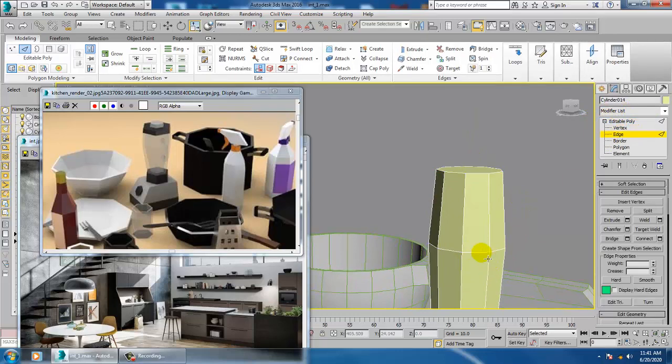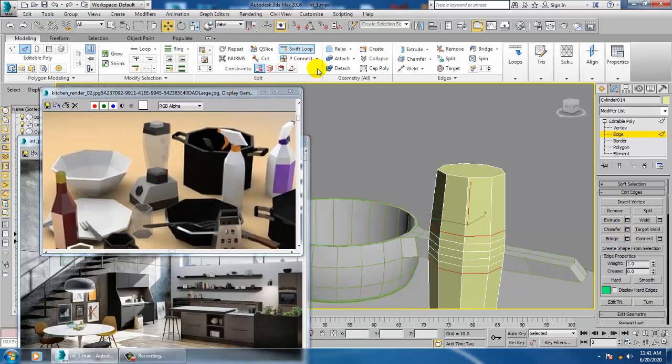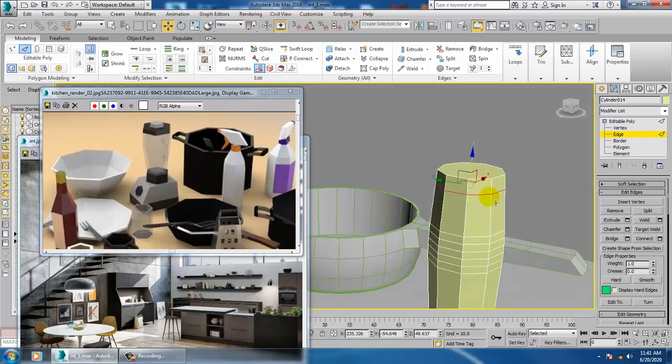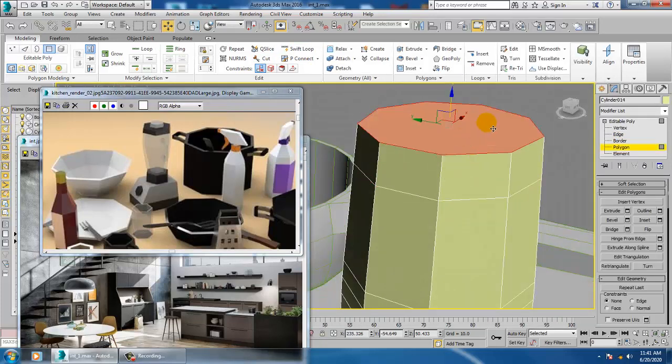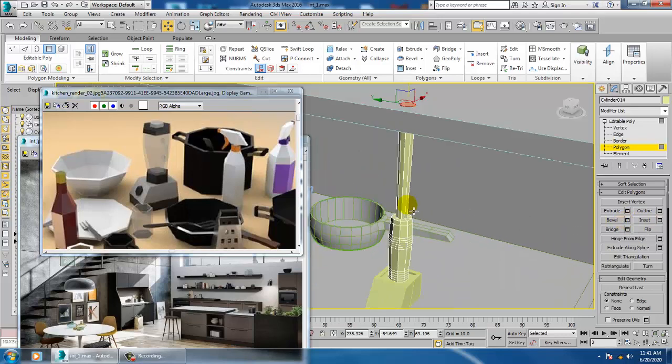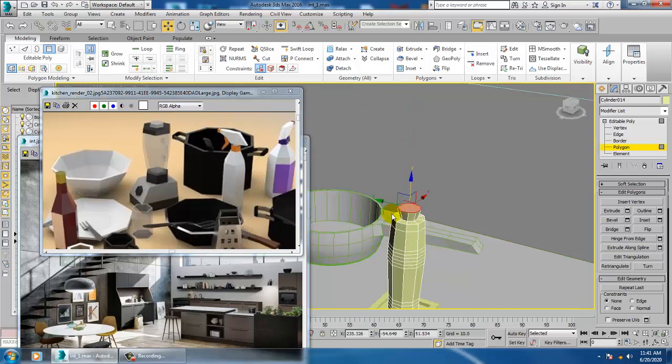Select this edge and give a bit of chamfer to make it smoother. Take a swift loop. Select the polygons. Inset it. And give a bit of bevel. Drag this down.